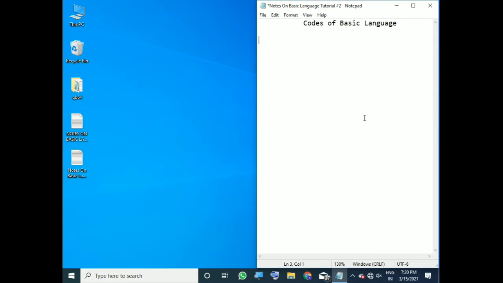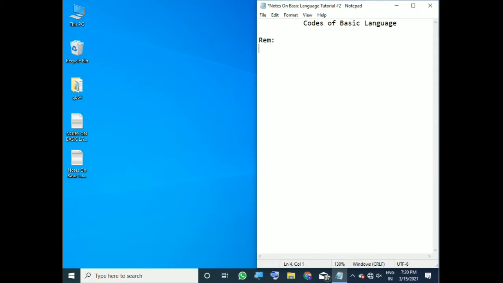So at first let's write rem. I don't expect that you know this, just listen and note that rem is just one code. Just remember that rem is just one code.